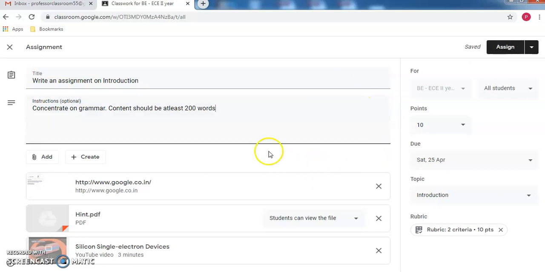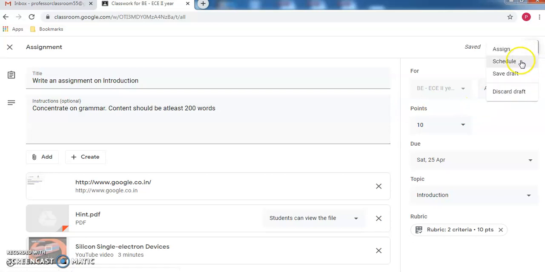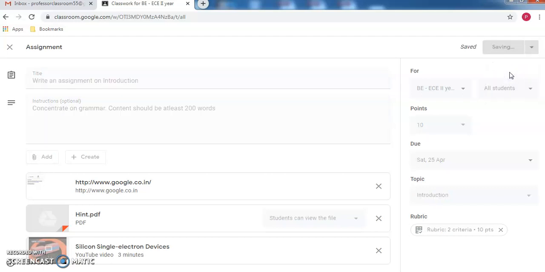Now if you need to make some changes, or if you are planning this for a later date, then you can click on this arrow mark and you can save it as a draft, or even you can schedule for a later date. For example, tomorrow morning it has to be available to students. You can schedule it for tomorrow morning, or for a later date you can simply save it as a draft.